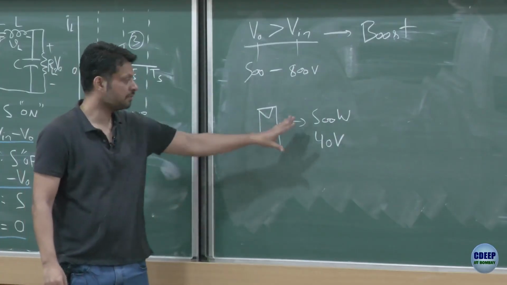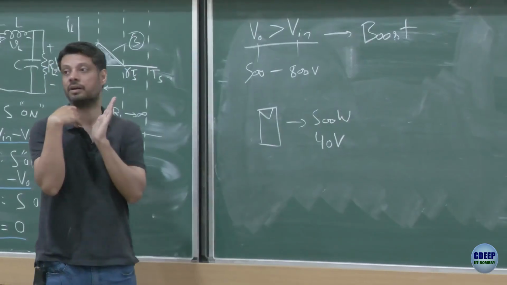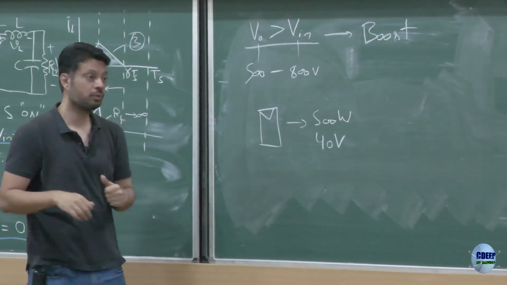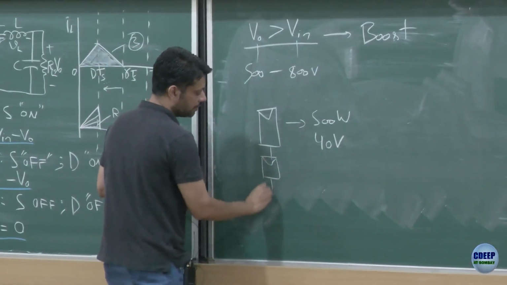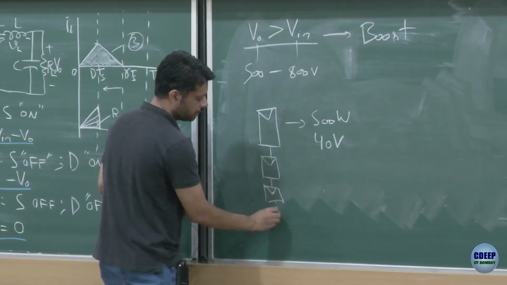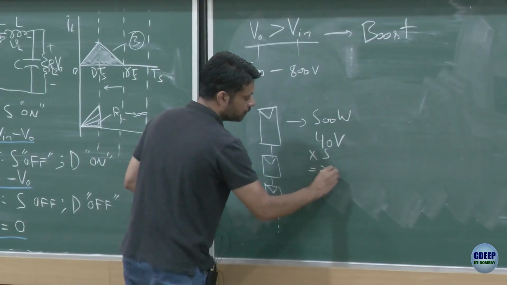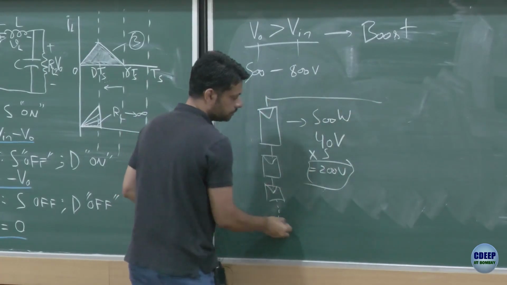But let's say this gives you 40 volt and now you want to use this panel to get an AC voltage of 230 volt. So what you would do is first connect, let's say, 5-6 of these in series, and you get about 200 volt, and from that 200 volt you can use a